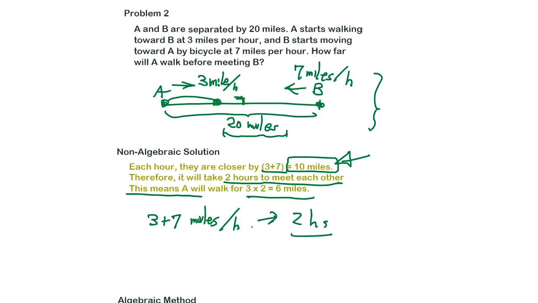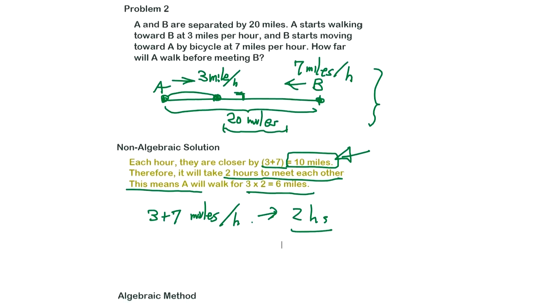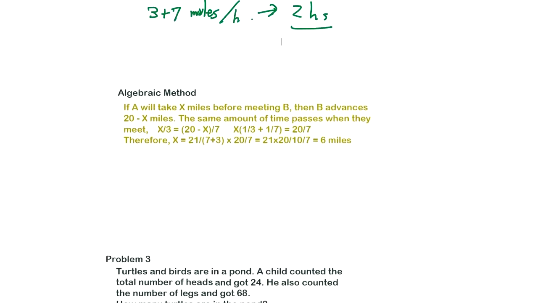Well, let's use algebra, see how quickly we can solve this problem. Okay? Here you go. So, what we do is, A will take x miles before meeting B. This x is an unknown value. The same amount of time passes when they meet. That means